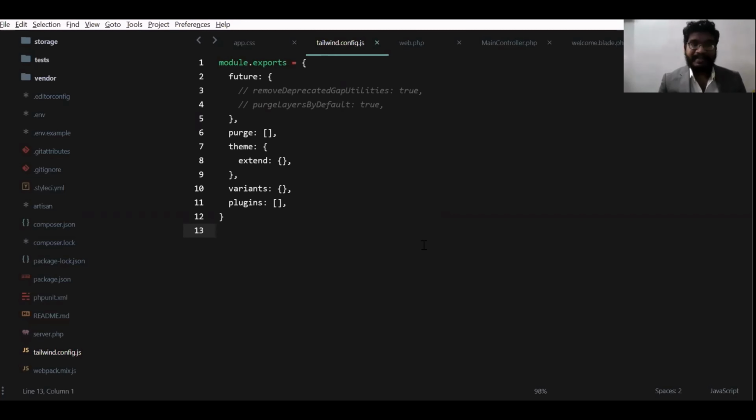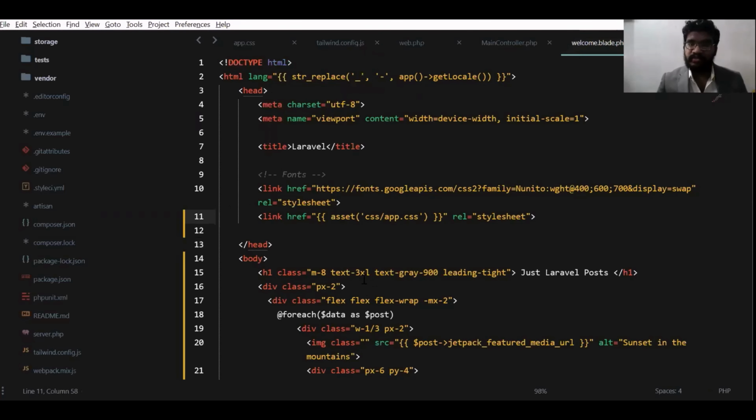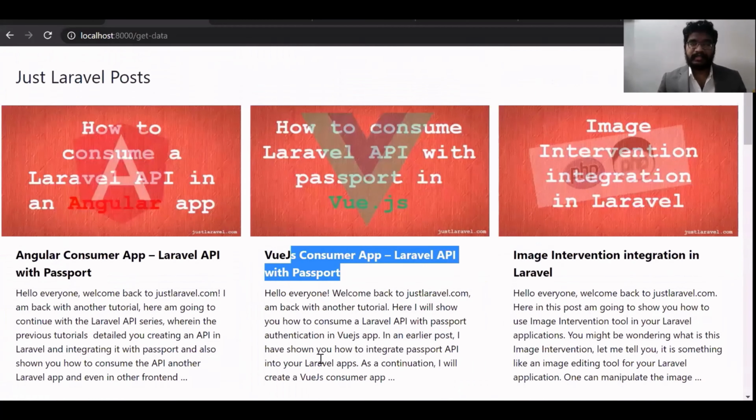Next step is to add Tailwind CSS to your Laravel, and finally you have to generate assets using Laravel Mix. Then Tailwind CSS will be ready in your application. After that, we can directly use those Tailwind CSS classes like this, and it will show us the results we wanted, like this.